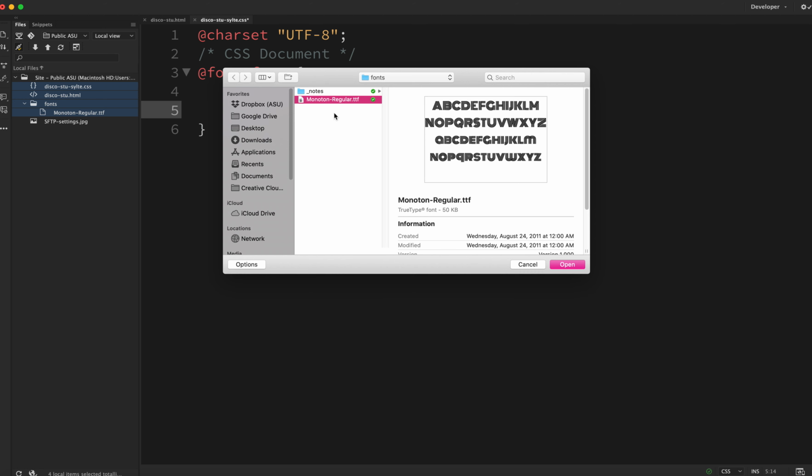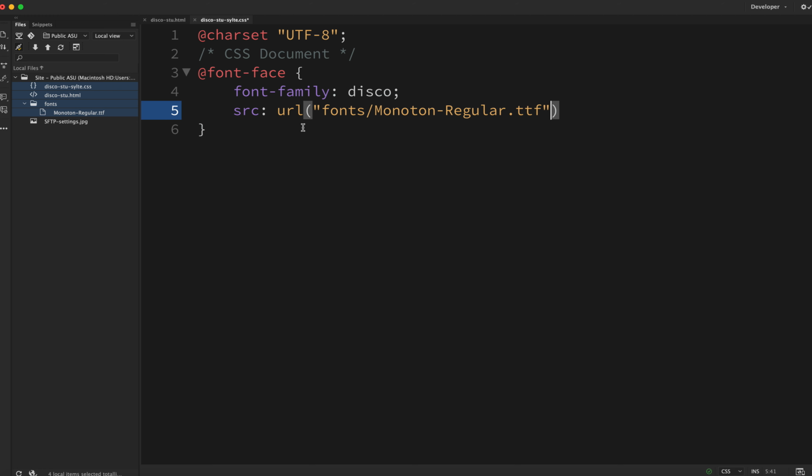You'll have its own folder that contains all of the images, in this case all of the fonts, and you'll connect to them there. So I'm going to go ahead and click on that one. And so I have my path. My source for my new font is here, the pathway, Montone-Regular.ttf, but I want to call it Disco. So that's what I'm going to do.